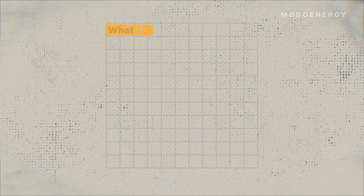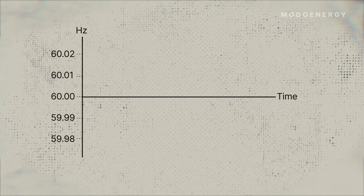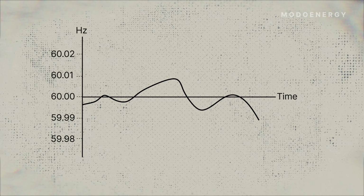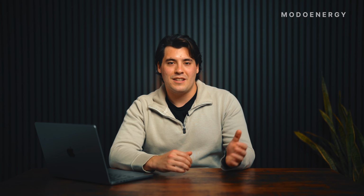ERCOT's ancillary services serve three main functions. The first of these is to manage minor deviations in frequency. The frequency of the ERCOT system is 60 Hz. If frequency strays too far from this value, lights turn off, equipment gets damaged, bad things can happen, etc. So, ERCOT makes small adjustments to the output of some resources to always keep frequency as near to 60 Hz